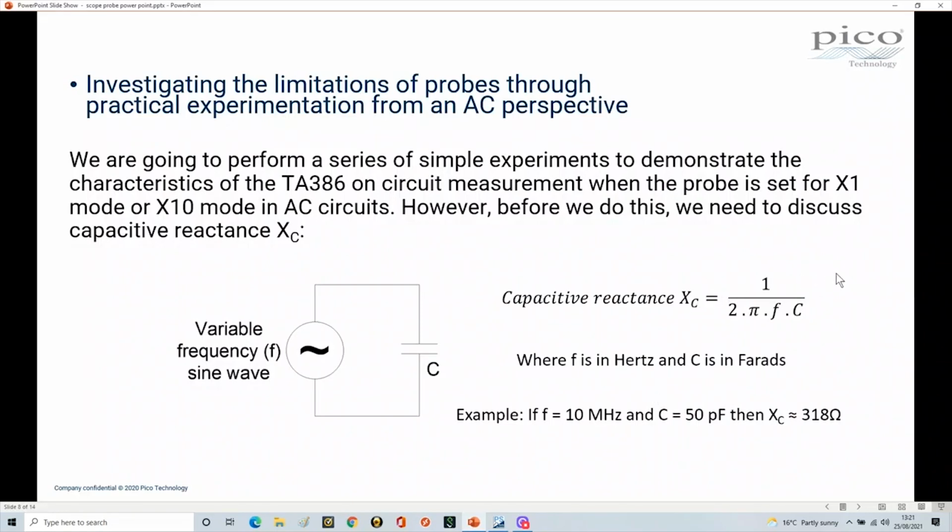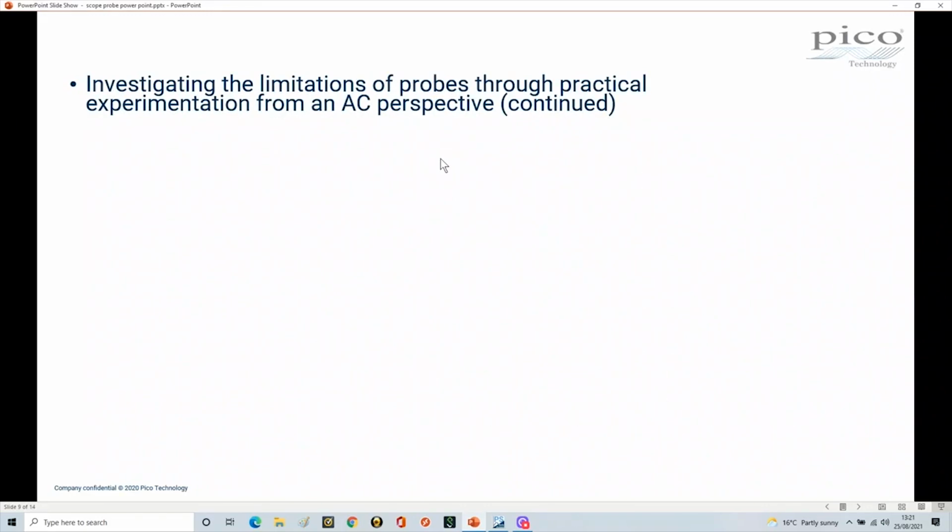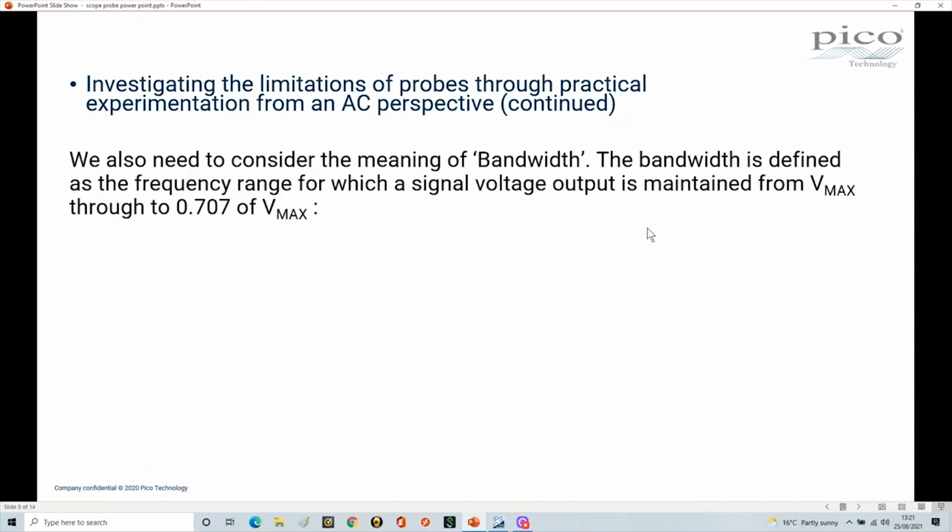So let's also have a look at something else, because we also need to look at bandwidth. We know from the specification of the probe that we're working with that at ×1 it has a bandwidth of 10 megahertz, and at ×10 it's got a bandwidth of 200 megahertz. Now, I can't go anywhere near 200 megahertz in this experiment. However, I will be able to show you some interesting effects. So the bandwidth is defined by